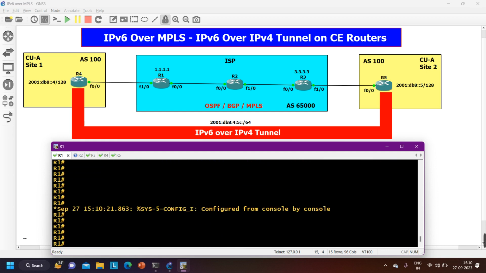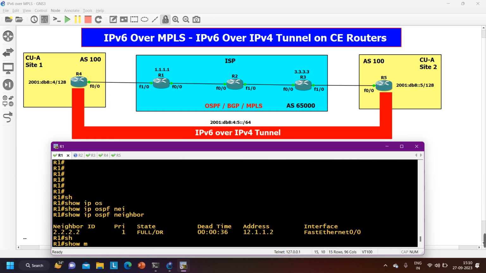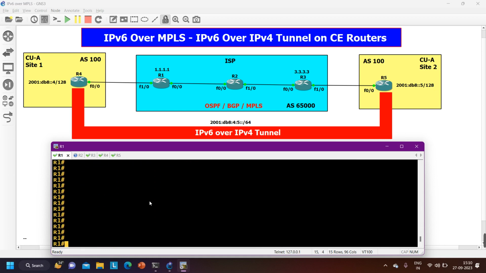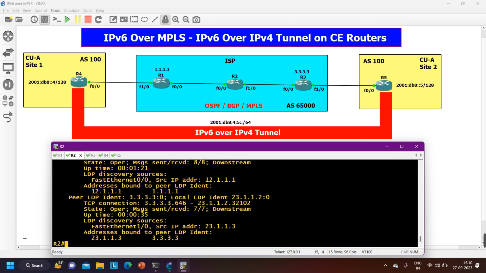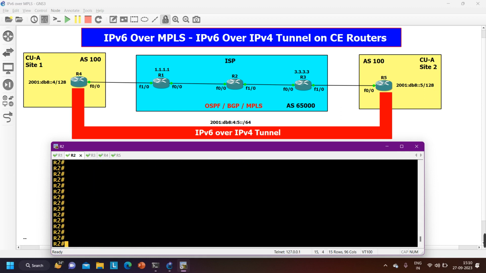Before that you should verify everything, like the OSPF configuration. So show ip ospf neighbor is fine, and then show mpls ldp neighbor. Router 2 is an LDP neighbor, and on router 2, show mpls ldp neighbor. So yes, router 1 and router 3 are neighbors. Okay, now finally I am going to configure